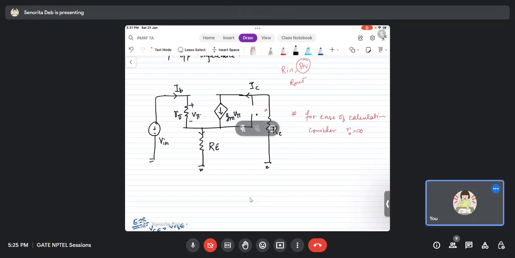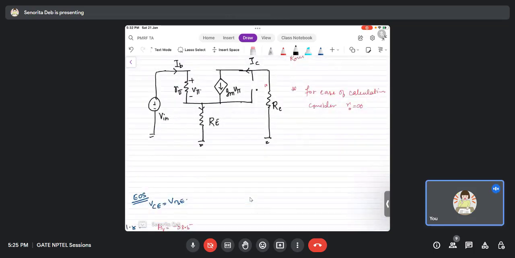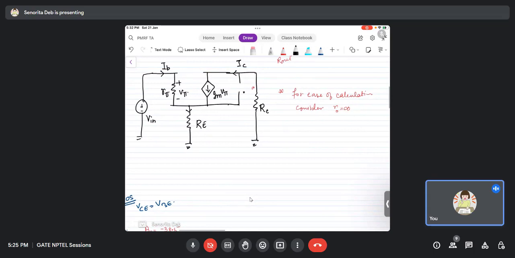Okay, so let me start solving. Or anyone wants to tell the equations? Input KVL. So you see now in this kind of question, GM V pi is coming from here. GM V pi. This is open. And here IB is coming. So now you can put a KVL in the input loop. So V in will be equal to IB R pi or V pi. So I am writing V pi plus IB into, sorry,